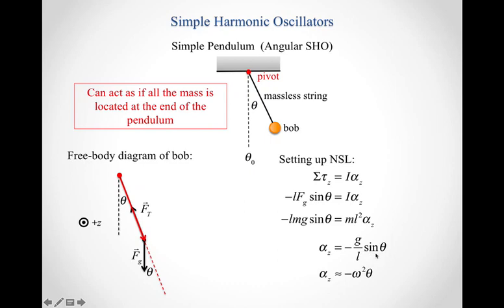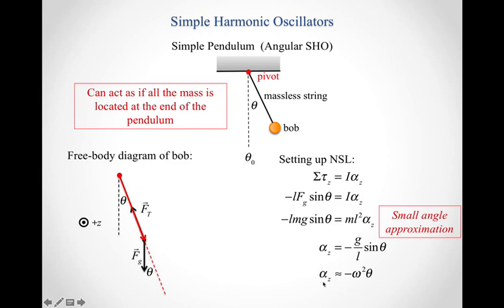And so the important detail here is, well, the sine of theta is not theta unless theta is a very small angle. So if theta is small, then theta in radians is basically about the same thing as sine theta. So what we have here is what's known as the small angle approximation. It says if we keep theta small, so don't pull the pendulum way up here and let it go, but if you pull it out to about 10 degrees at its maximum and let it swing back and forth, then your small angle approximation holds,